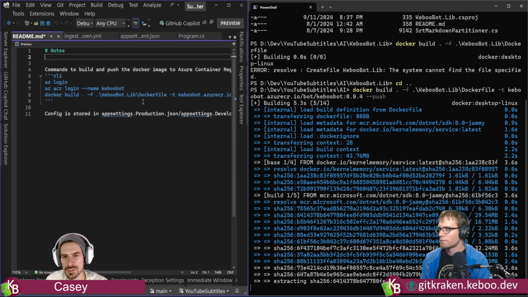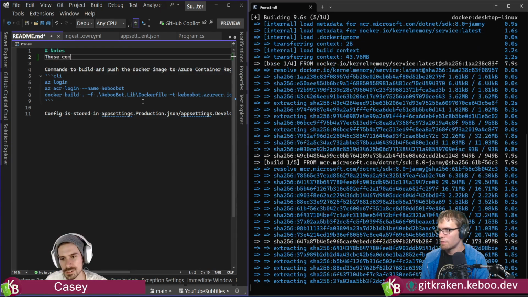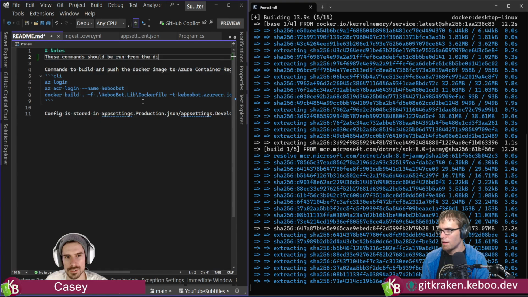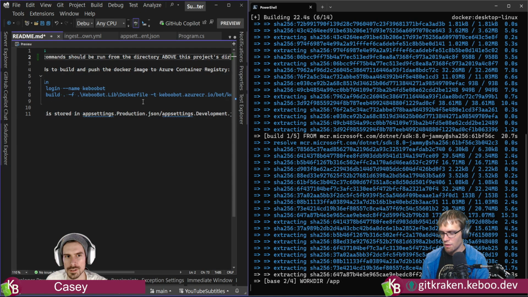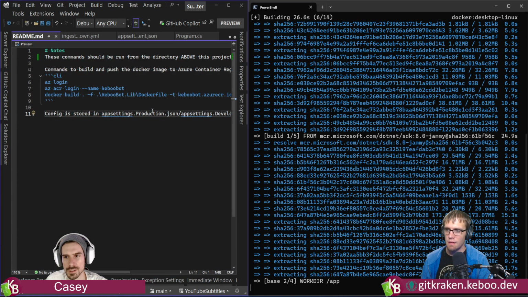Do me a favor once you do that. ls that folder. These commands should be run from the directory above this project's directory. I think originally I had this in the directory above, and then we moved it down, and I didn't address that.